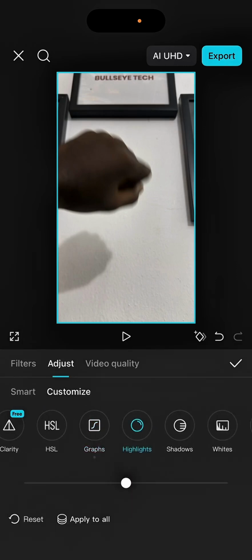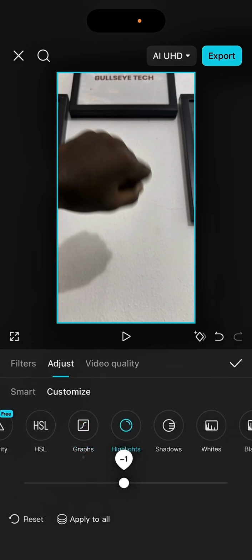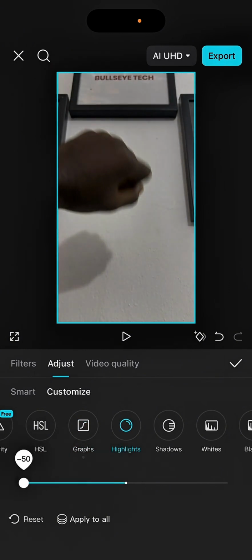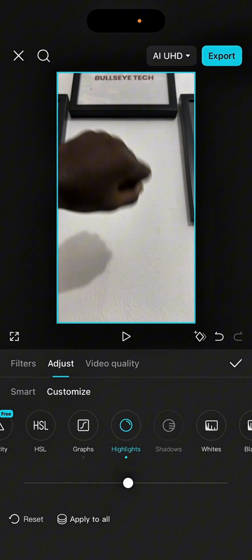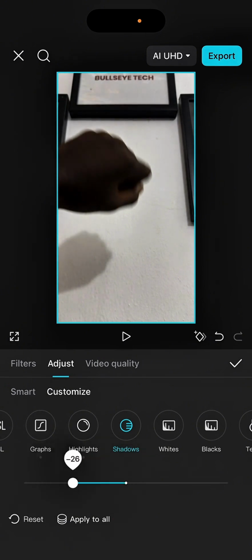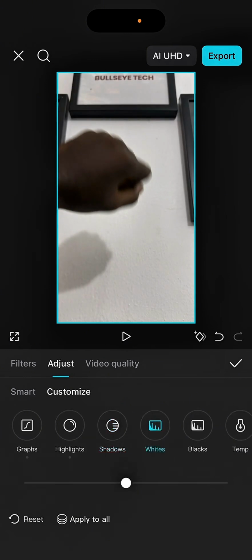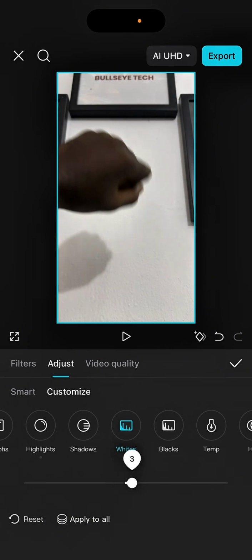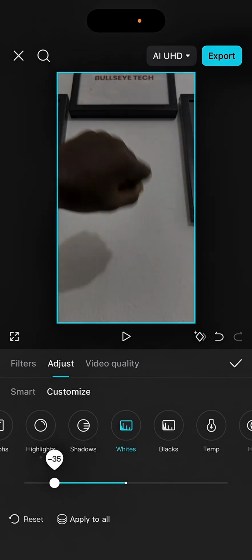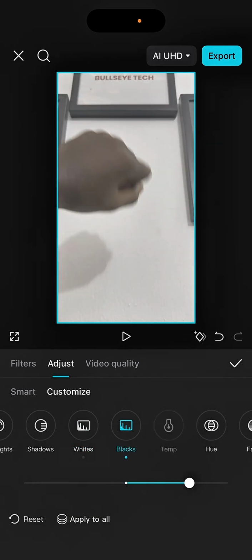So we have highlights. Highlights is the amount of lights in the video. You can reduce the lights, you could increase the lights. Shadows is the amount of shadow, the darkness in the video. You could reduce it, you could increase it. That's the dark parts of the video. Then we have whites, which is basically whites. You can increase it, you can reduce it. Blacks, temperature,